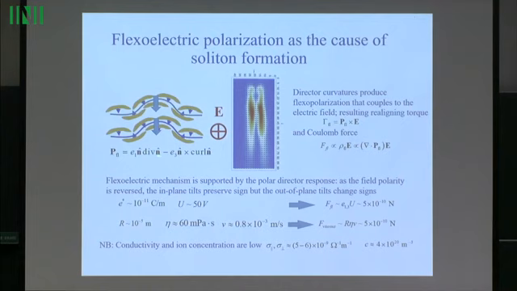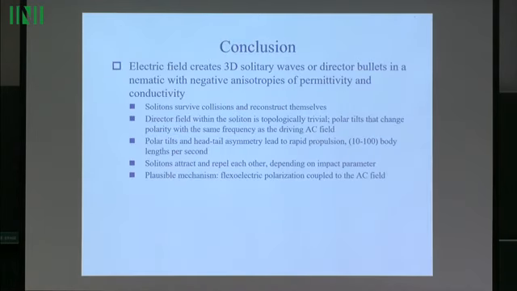Now you have an electric field, and the electric field goes up and down, and it brings with itself the orientation of the polarization vector, and that creates the director motion, and it propels the soliton. If you take a back-of-the-envelope estimate of the force that is created by the coupling of this polarization to the electric field, you find some number which is matching nicely the viscous resistance to the motion of the solitons. So there is no theory yet, but it's a very interesting field that we are exploring right now,